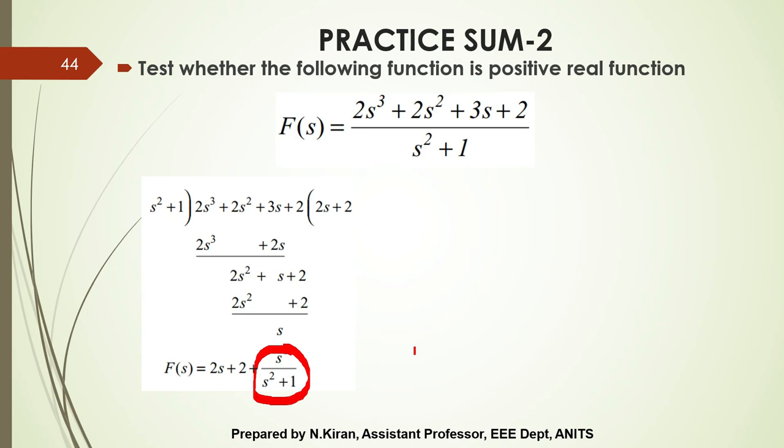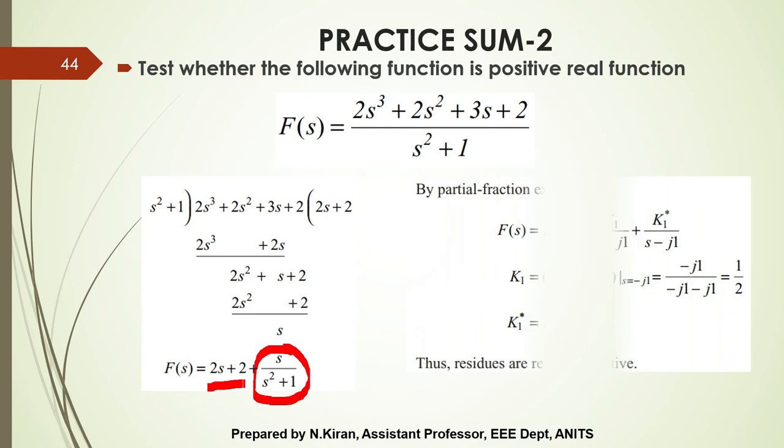So in this case, 2s plus 2 plus the expression s by s square plus 1. So I'll apply the residue test or partial fraction expansion on this term, and I'll find the values of the residues. Since the residues are real and positive,